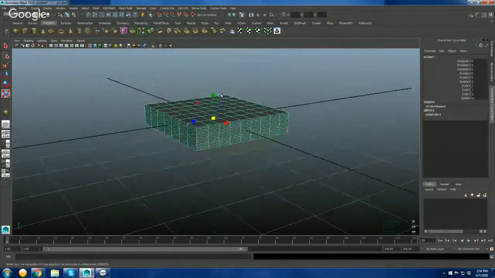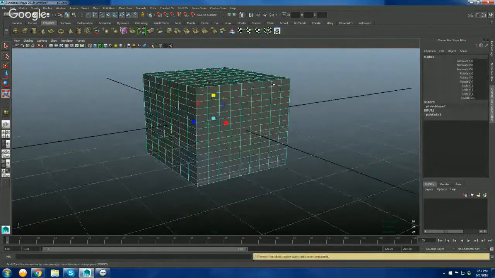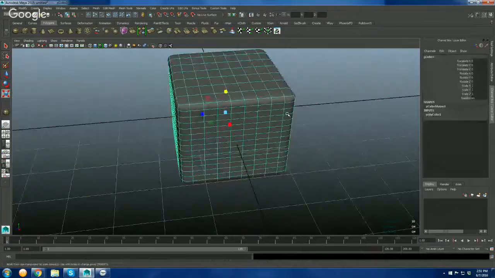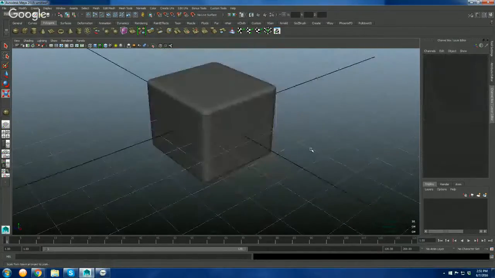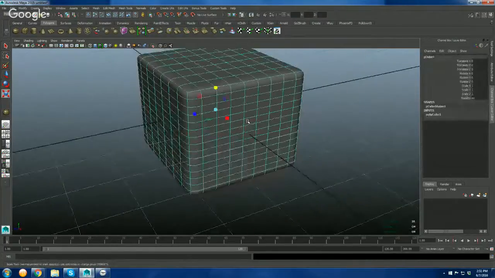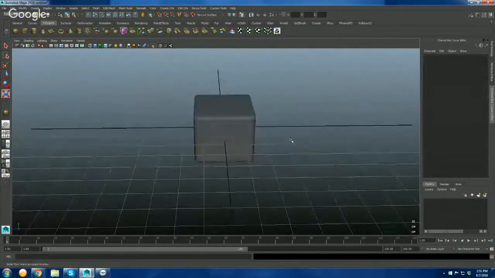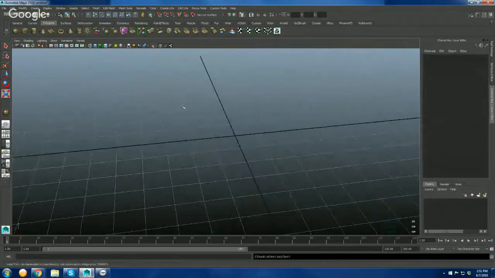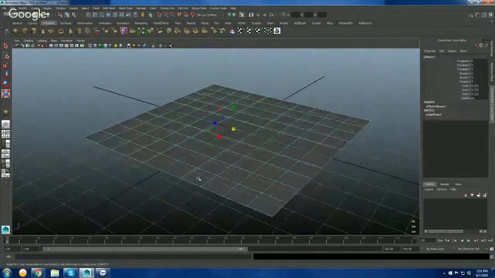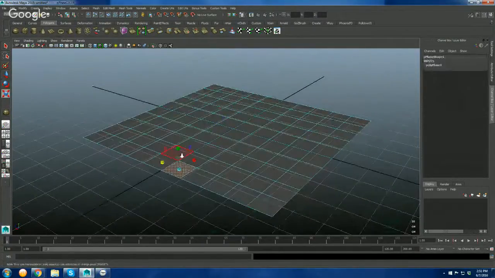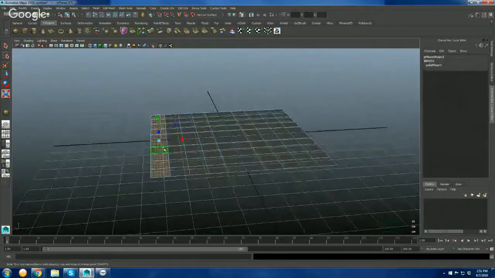So this is how you make an object. This is a perfect cube. If you smooth it, you see it has enough supporting edges. When I smooth it, pressing 3, it will be a smooth cube. You can also use a cone. You can also use planes. Planes are awesome, you can make a lot of stuff with them. So let's say I'm going to make something like,